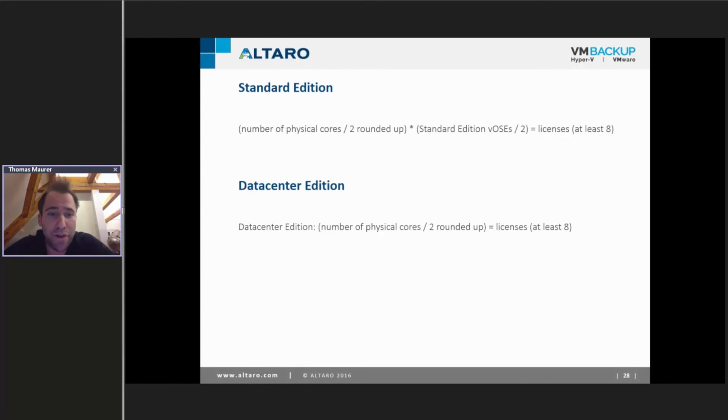Things get a little bit easier if you're thinking about Datacenter edition, since there you don't really care about how many virtual machines or virtual instances of Windows Server you're running. So what you only do is you take the number of physical cores the server has, and then you get the number of licenses, or 2-core packs, you have to buy. So that's the difference here.